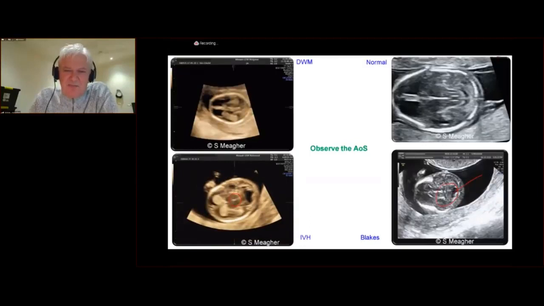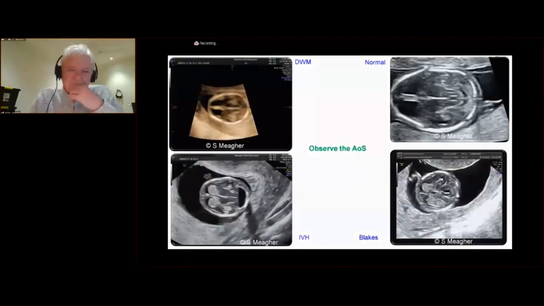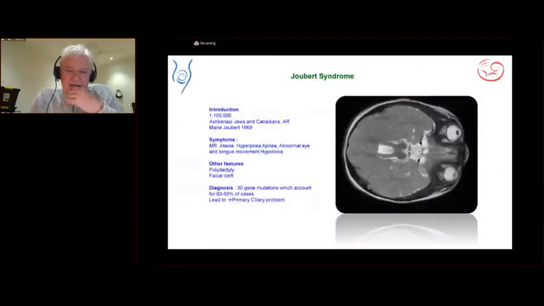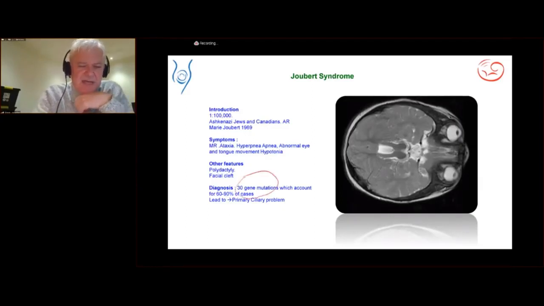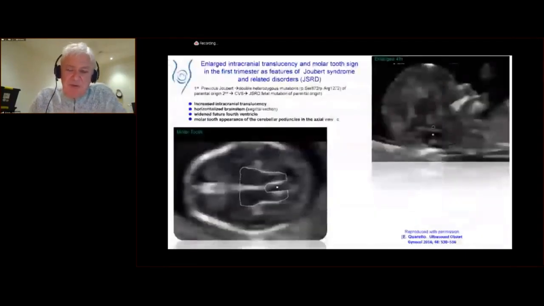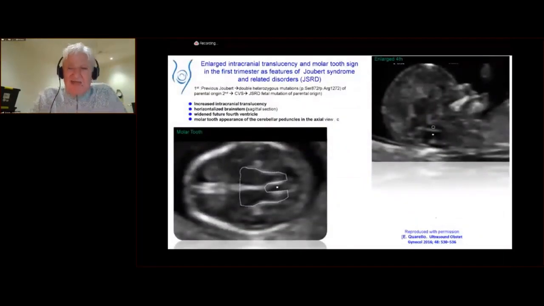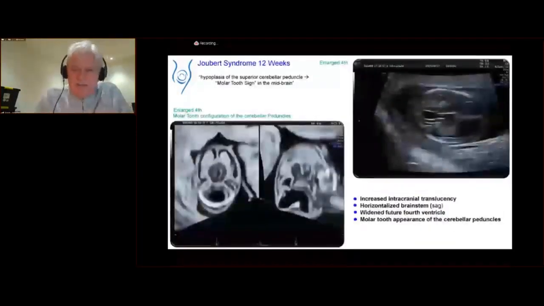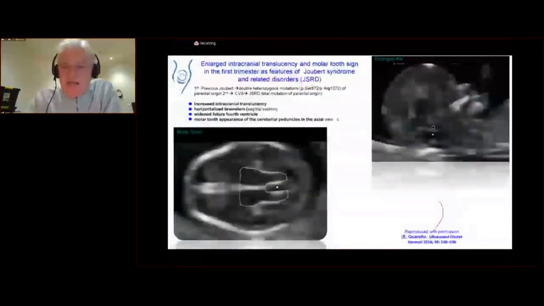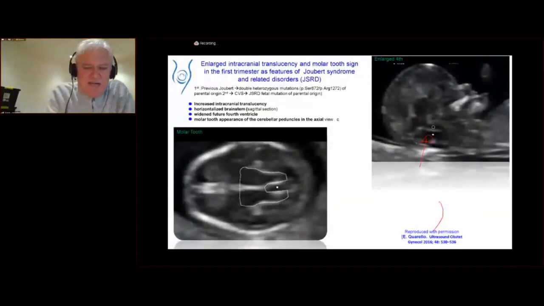still to be done. There's then Joubert syndrome, which is a nasty condition presenting with mental retardation, ataxia, abnormal eye movement, and a litany of other physical manifestations of this gene mutation. 30 different gene mutations have been implicated in this condition. It's a primary ciliary anomaly. And the first case was reported by Quarello back in 2016, where he reported that the fourth ventricle is dilated. And in the setting of the fourth ventricle dilated, he also drew what was the typical molar tooth appearance that